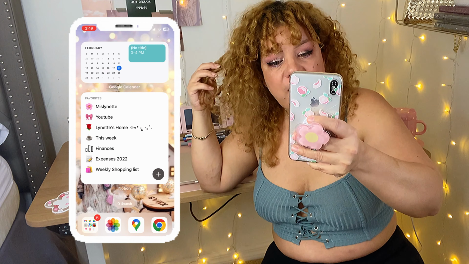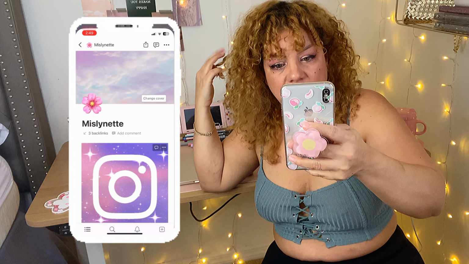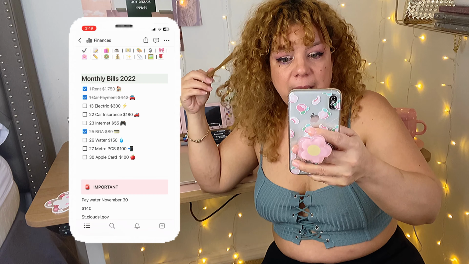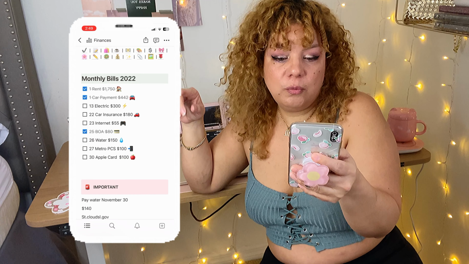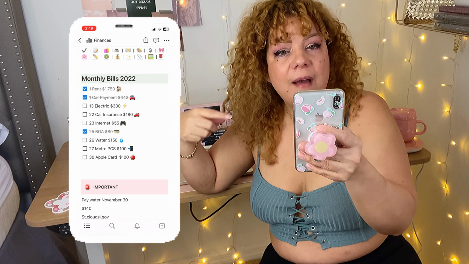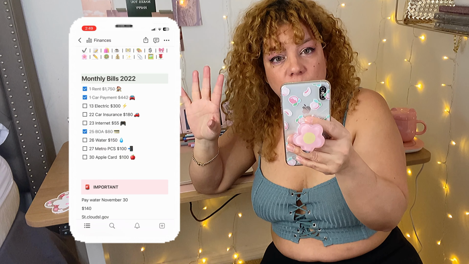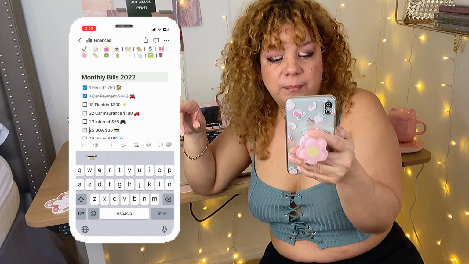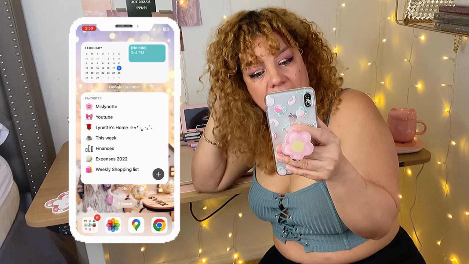Expenses, finances just shows you like the bills that I owe in the moment and what I have to pay. So that's like my Notion widget. It lets you change it. You can have it like smaller, only mention one thing. It can only mention your favorite. Or you can have it bigger. I have like the big one. And then on the last one,